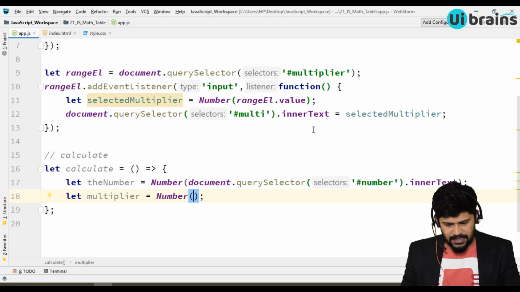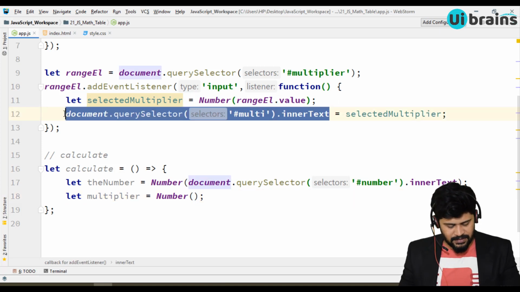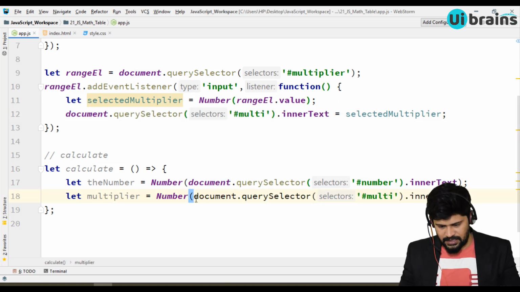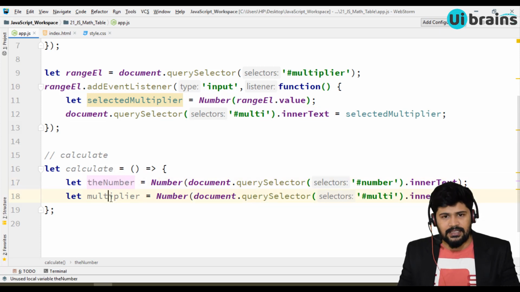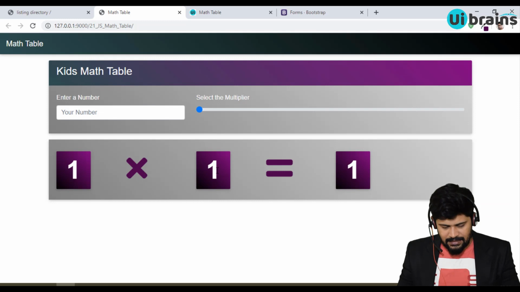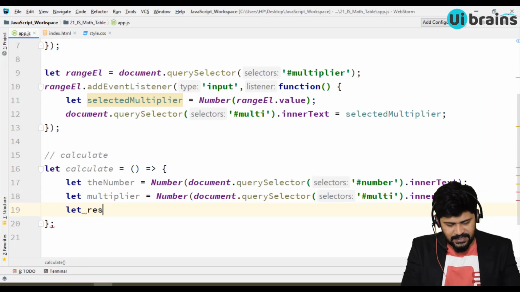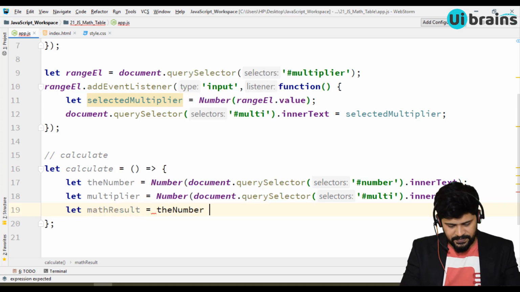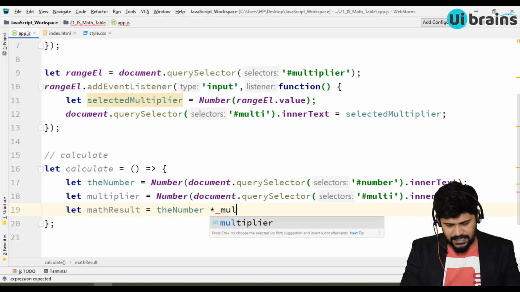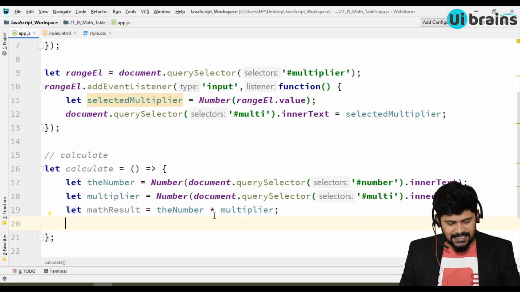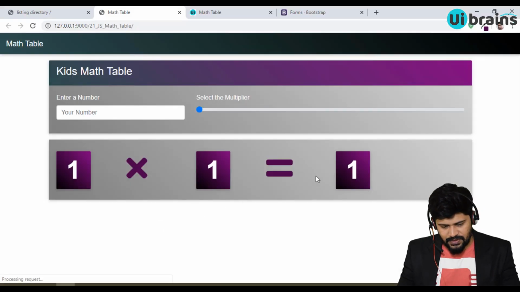Copy that and paste it over here, multi's innerText. So you got the number and the multiplier, and the multiplication I want to get here. So let mathResult is equal to number times multiplier, and this result I want to attach over here.